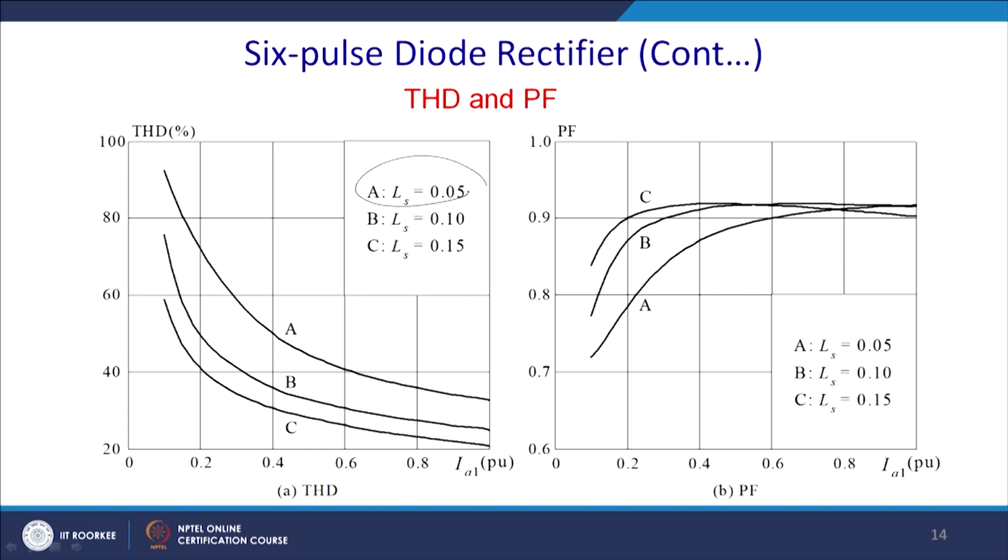Source inductance, you know the effect of the source inductance, the effect of the secondary inductance: you will have an overlapping region in the line current, and thus no power will be supplied during that region, that is the angle mu, cos mu. And due to that, power factor degrades with higher source inductance, but it is better from the THD point of view. It will try to reduce the displacement power factor,